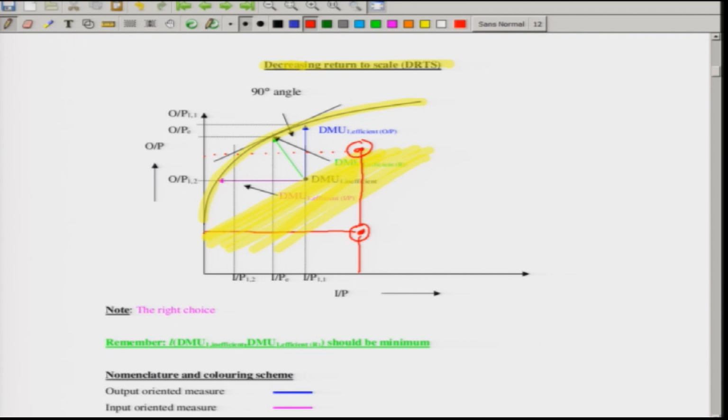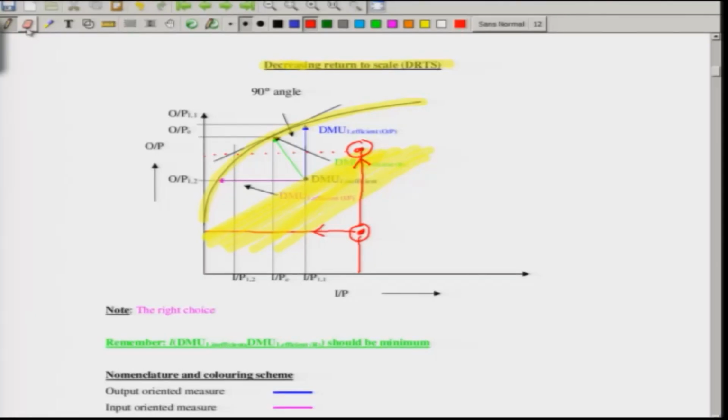Now, on the other hand, consider the output is fixed, but the input is very high. So, in this case I will try to go up, and in the latter case when it is horizontal, I will go more onto the left, such that at the same level of output I will try to utilize less and less input. So, that means I am always trying to move vertically up and horizontally to the left. So, now I can erase this set which I have drawn.